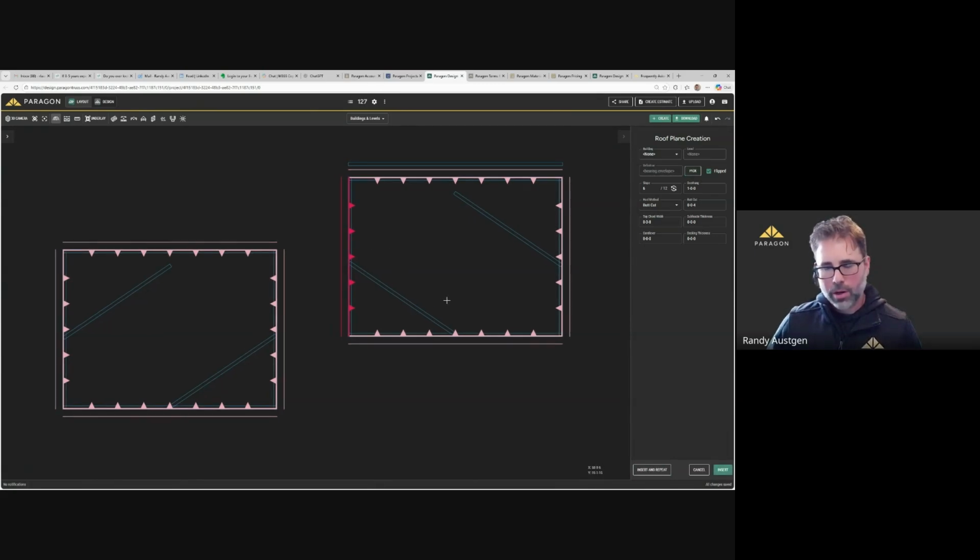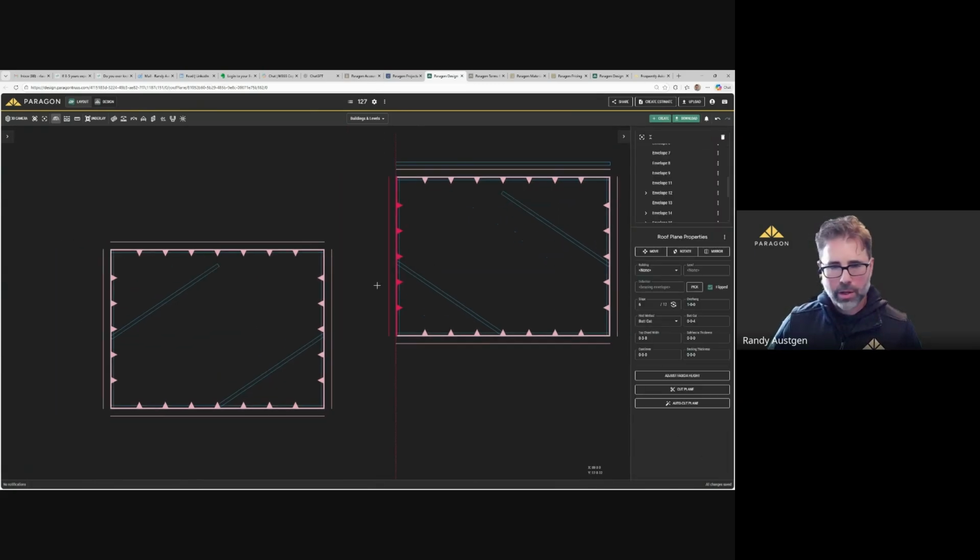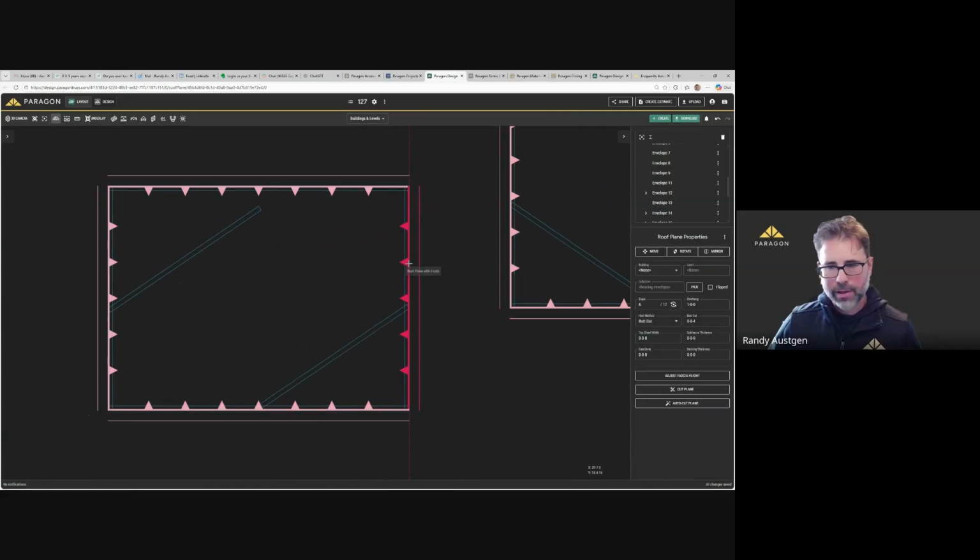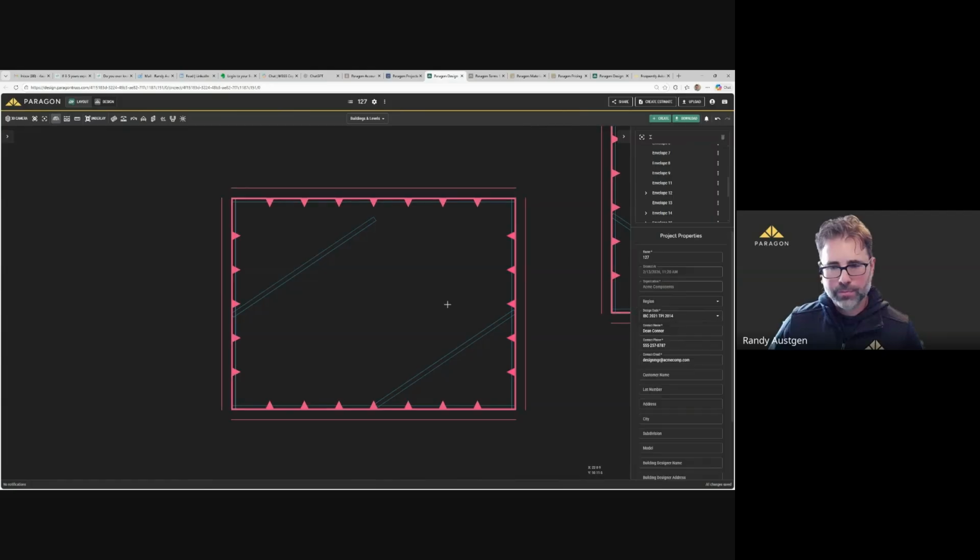So if you are wondering, okay, what is the actual heel height of that thing? If you go over here with that selected and change that over to heel height, it just displays what that calculated value was. So 0.43 was the calculated value.